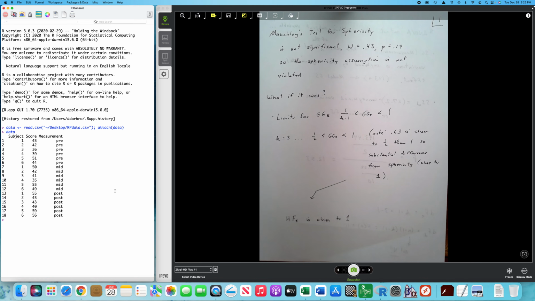All right, gang, we got our data into R. So again, we're conducting a repeated measures design, and let's just dive in. What I would want to do at this point is probably take a look at the means for score across measurement. So I would use the t apply,